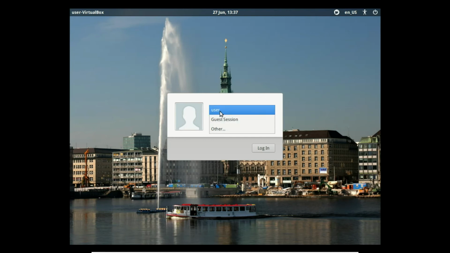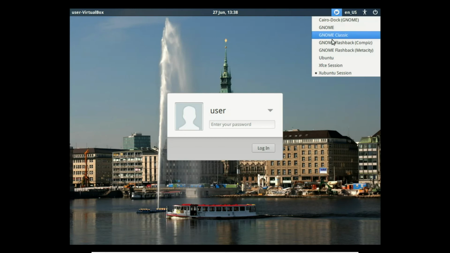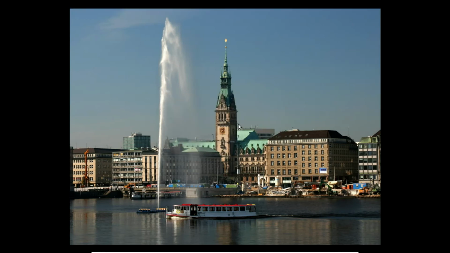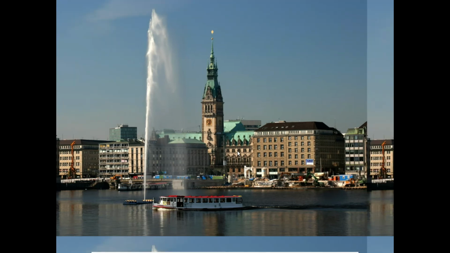And well, I keep it here on user, and I want to choose in what desktop I log in. So here at the right upper corner you see this little icon, and click on this. In a moment Xubuntu session is enabled. Here is my normal Ubuntu session with Unity, and here I have GNOME in different flavors. Well, I just start with GNOME and give here my passphrase in,